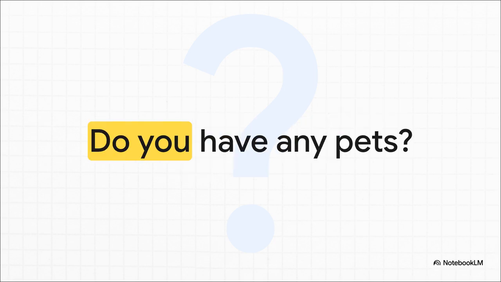Here's a friendly one. Do you have any pets? Which in Arabic is هل لديك أي حيوانات أليفة? Now, if you have a whole zoo at home, just saying yes doesn't quite cover it, right? A much better answer gives some detail, like, yes, I do. I have 3 dogs, 2 cats, and a bird. باللغة العربية, نعم, لدي. عندي 3 كلاب وقطتان وطائر.